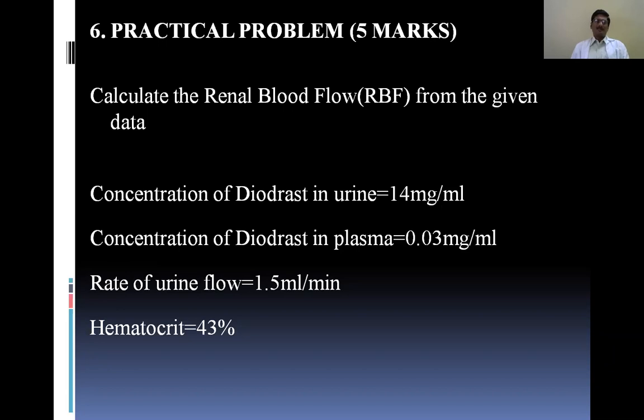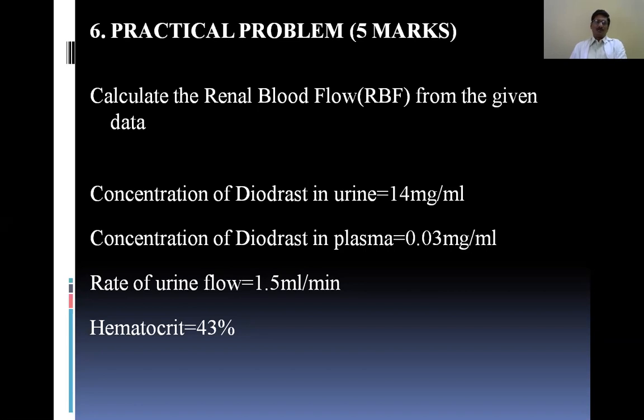So, for theoretical purposes, think of diodrast, a substance which is handled by the kidney the following way. Number one, when the diodrast is in the plasma, 20% of it is filtered along with the GFR, and by the time it goes to the peritubular capillary, where there are active secretors, they secrete all the diodrast into the lumen of the renal tubules, thereby everything is completely cleared. So when you calculate the exit rate, it is equivalent to the renal plasma flow.